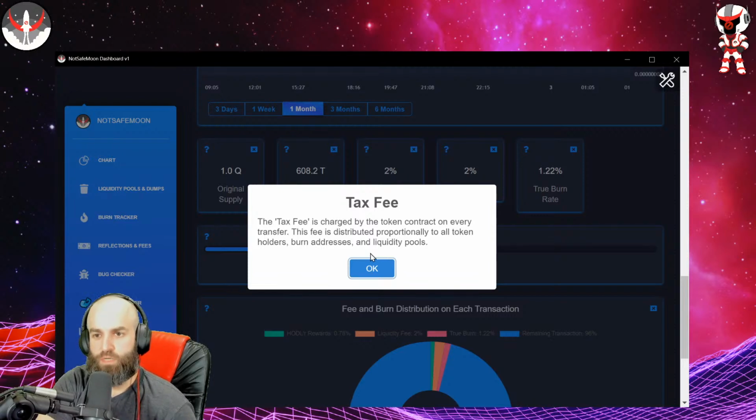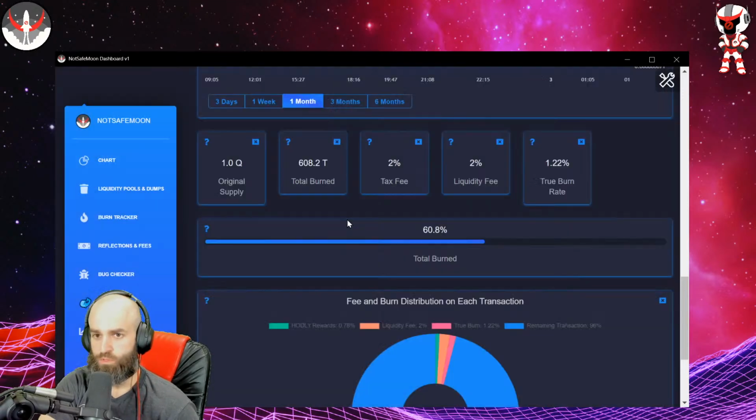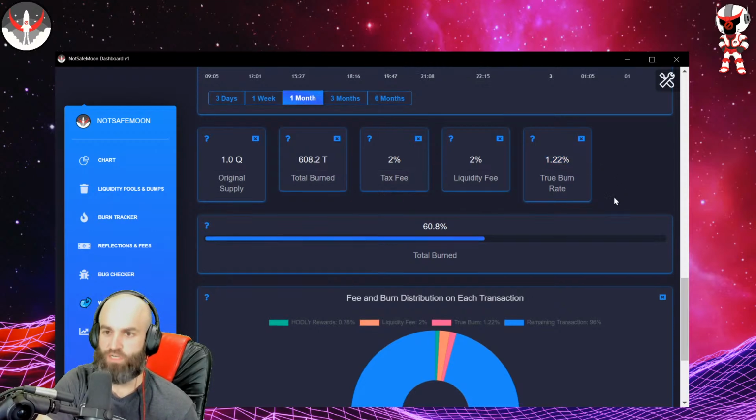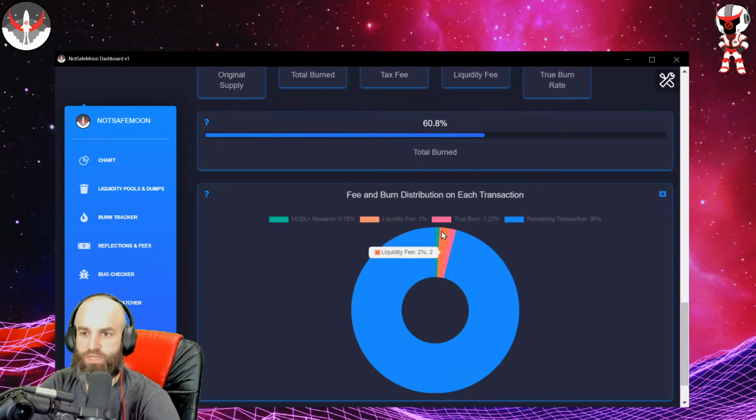that gets redistributed proportionally to all the holders, the burn addresses, the wallets, and the liquidity pools, which means that the actual burn rate is going to vary based off of the size of the burn wallet. So for this one right now, because the burn wallet is 60%, it's getting 60% of that 2% tax, which means each transaction is actually burning 1.22% of the transaction. And then the breakdown for the holders for this one, you're only getting 0.78% on each transaction